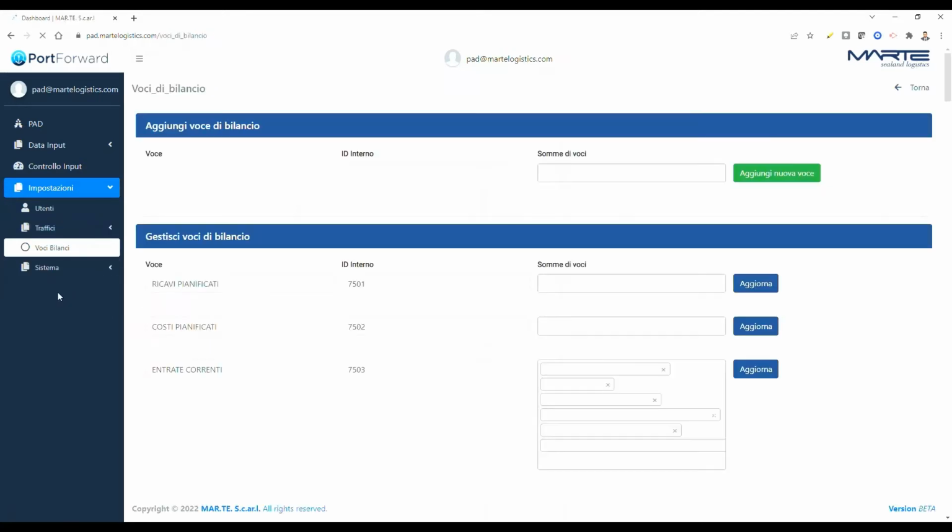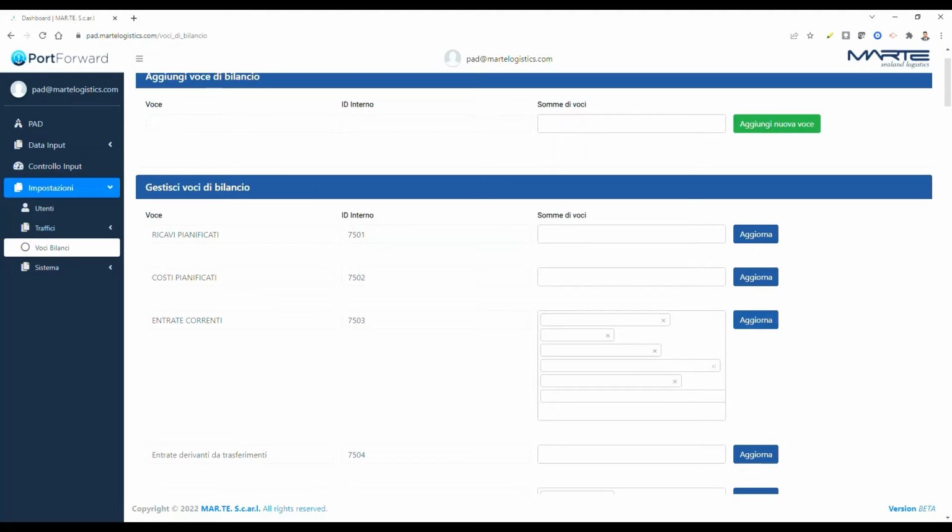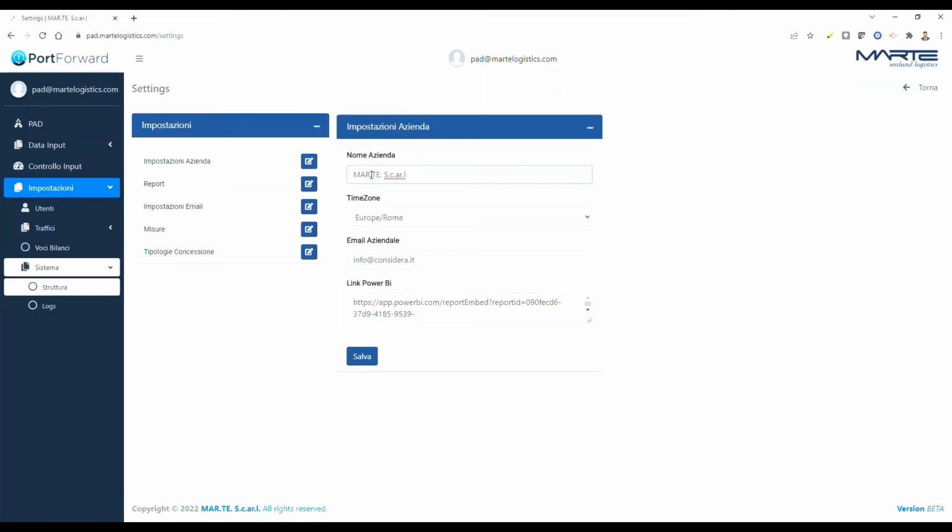As far as the budget items are concerned, this section allows to modify the structure of the budget-related data input form. In this case, it is managed by the ministry. And then, finally, the system, which provides information about the structure of the software, such as the time zone, and also to